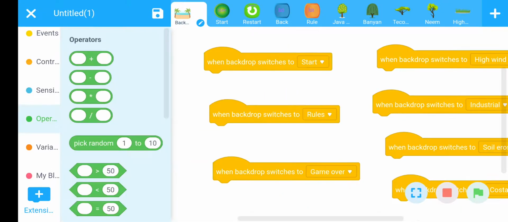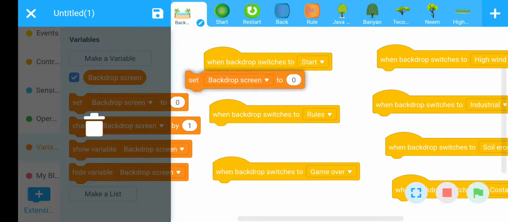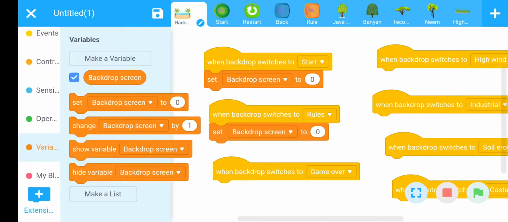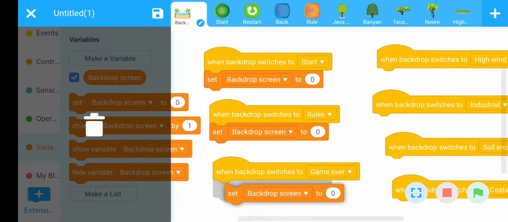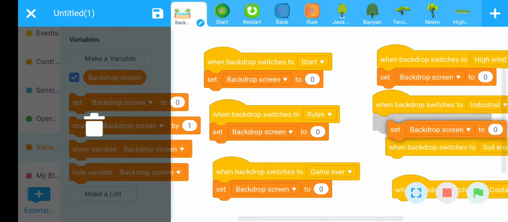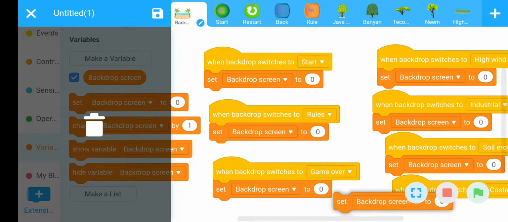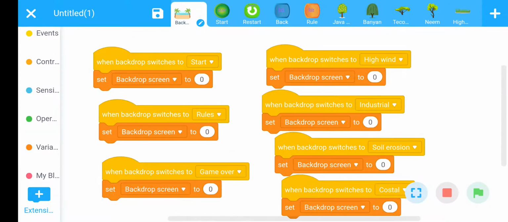Now go to variable section. Set backdrop. Use this command 7 times. Okay, fine.